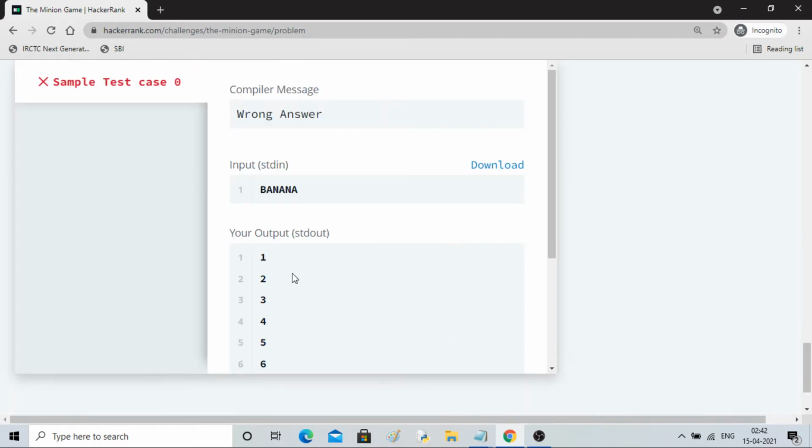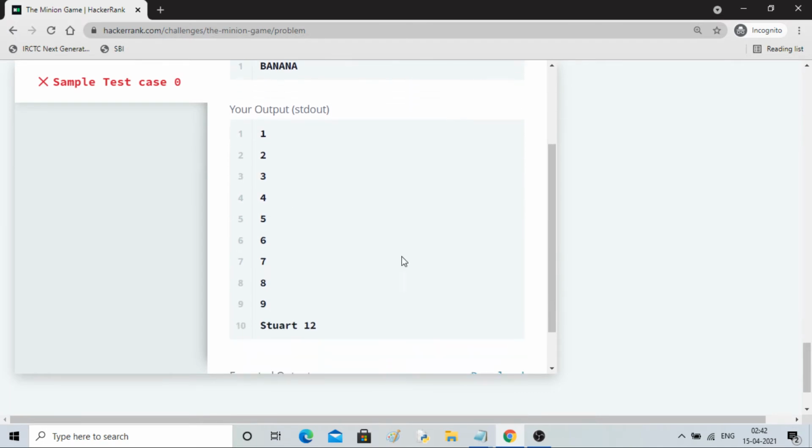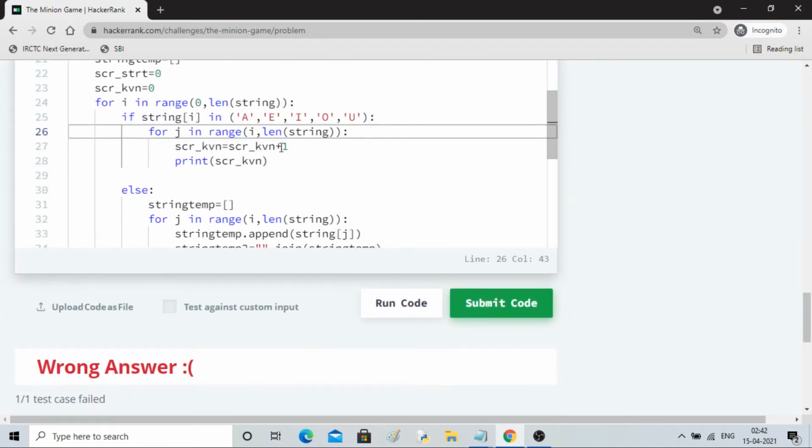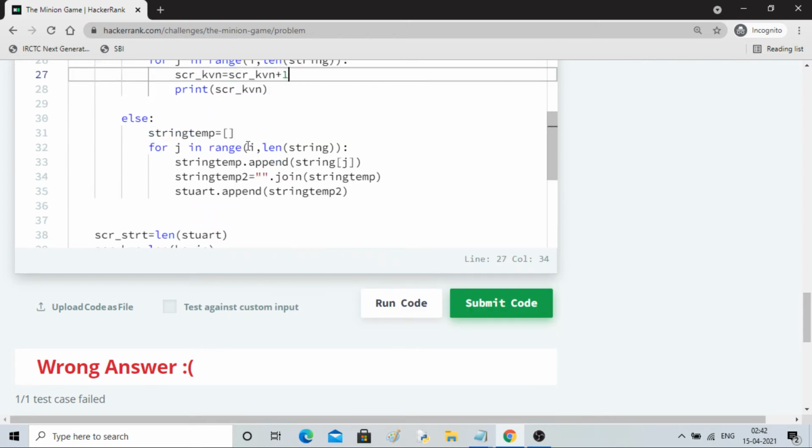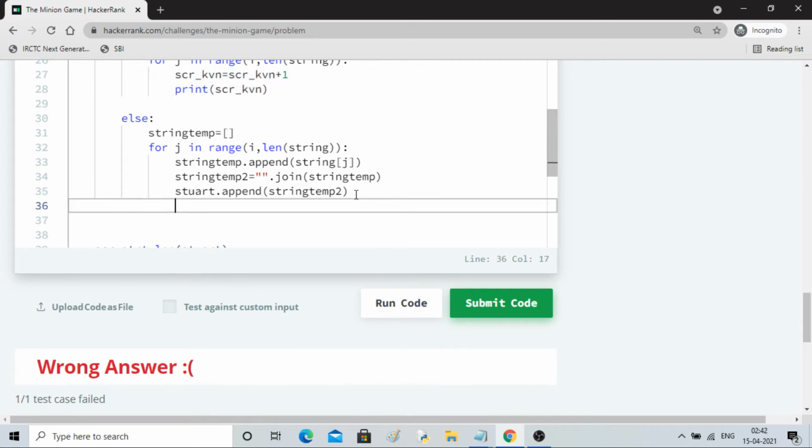So we can see 1, 2, 3, 4, 5, 6, 7, 8, 9. So what is happening is, I don't want those strings. That's why I removed them. Now the similar thing I can do here as well. Control C, Control V, and instead of Kevin score, we want Stuart score.